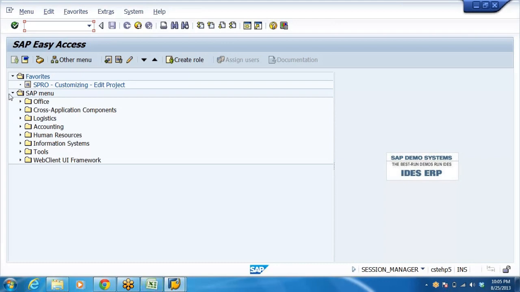And as soon as you enter the SAP Easy Access screen,